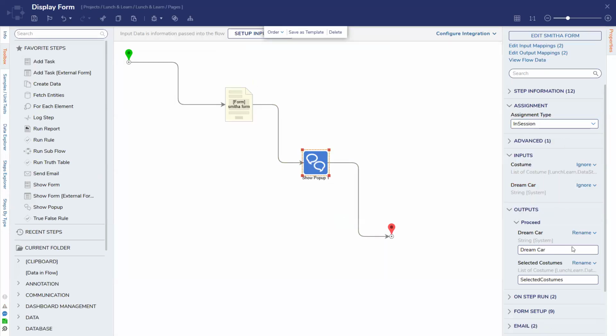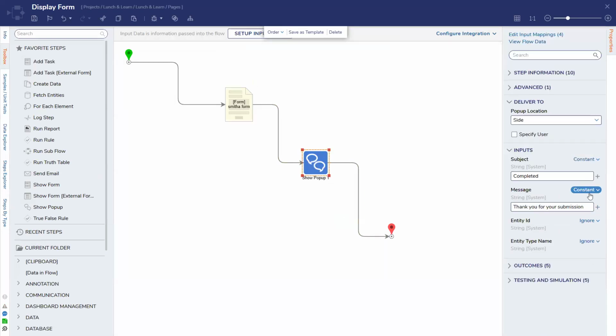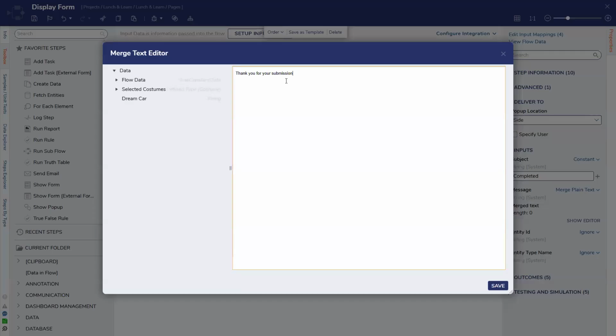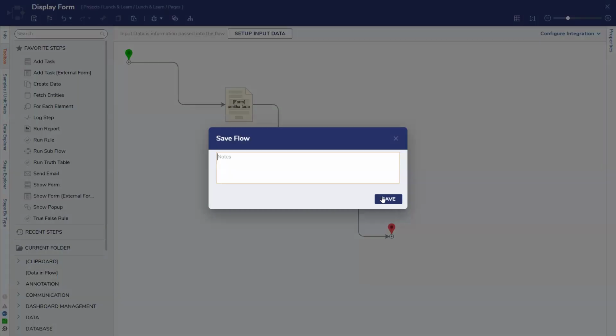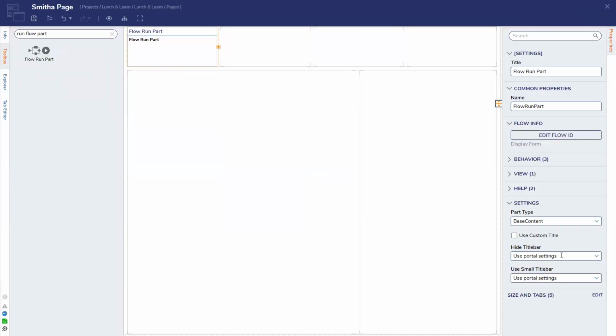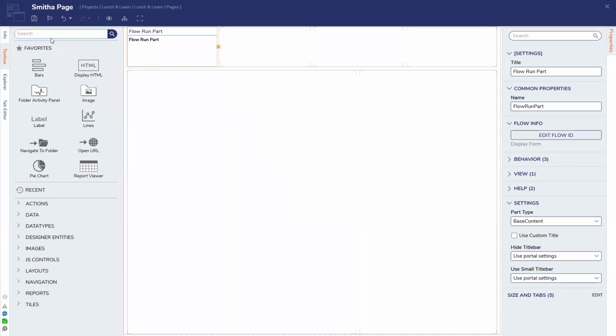And you know what? Why don't we dynamically map it just to show where this data is going? All right. So instead of doing just a constant, we'll do merge plain text, show editor. Thank you for your submission of, and then dream car. All right. I'll hit save. That should pop up to the user. All right. And I am going to leave this as is for now, and then just show what this does and then add more stuff